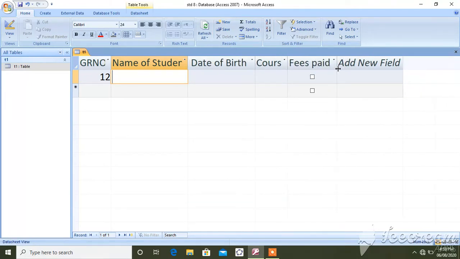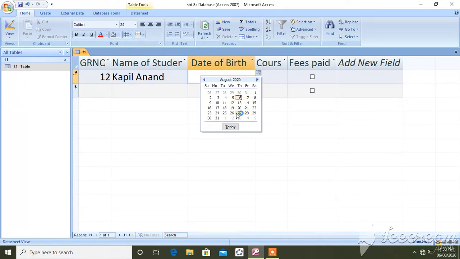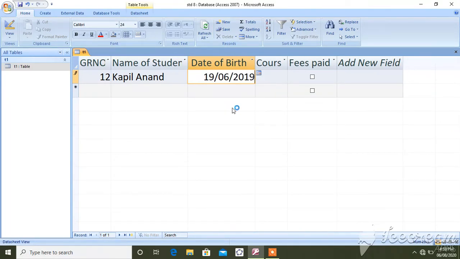Name of student, Kapil Anand. Date of birth, they provided a small calendar. You can enter the date of birth. Just imagine. Course, suppose BBA.